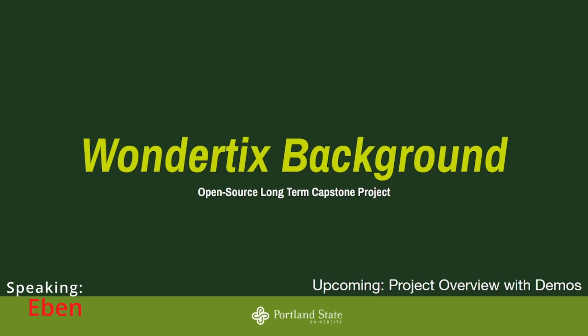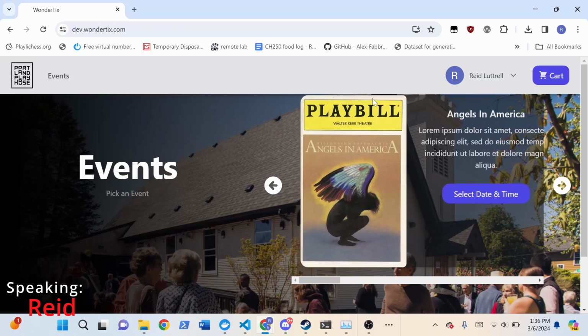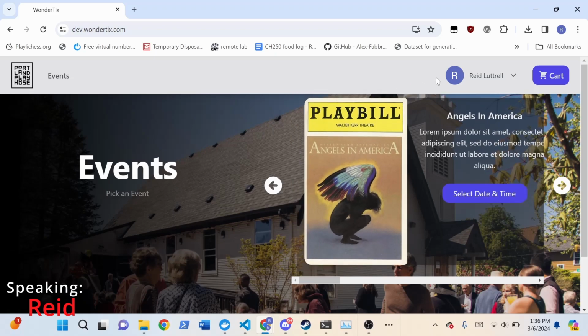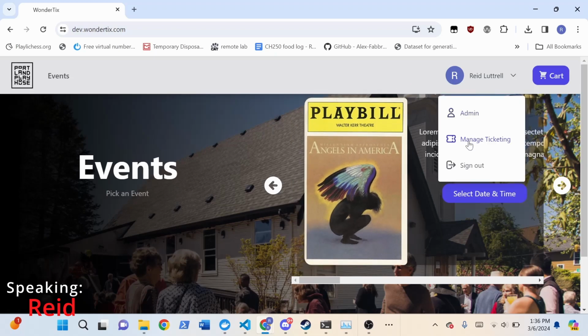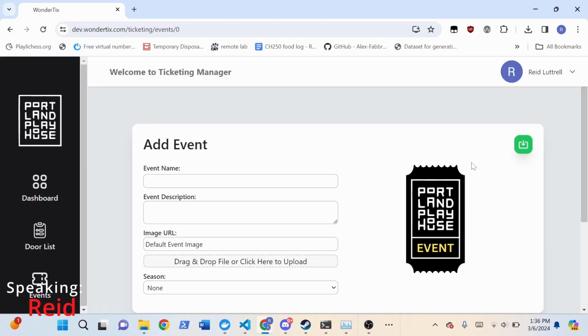First, I will be handing off to Reid, who will talk a bit about the image upload, one of the major projects we were working on this term. Hi, this is a demonstration of the image uploader for event creation. This is a project by Reid, Nathan, and Andrey, and it has been merged and is working on the main website. So, in order to do this, you're just going to go to Manage Ticketing, Events, Add an Event, and